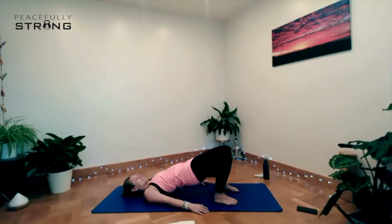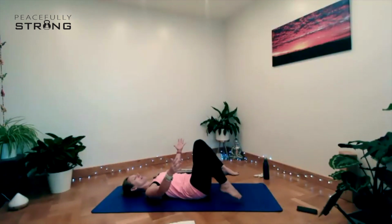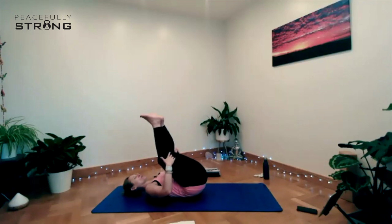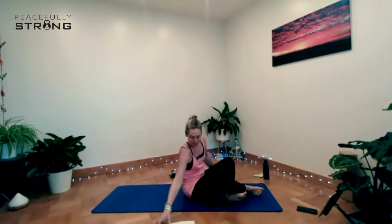Lifting with your last exhalation, and then bringing these hips back down to the mat, hugging the knees back into the chest. And from there, you are gently rocking and rolling yourself to a seat, or you can move round onto a side. When you get there,